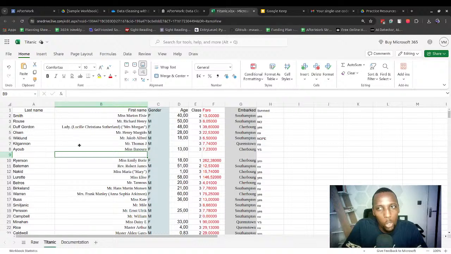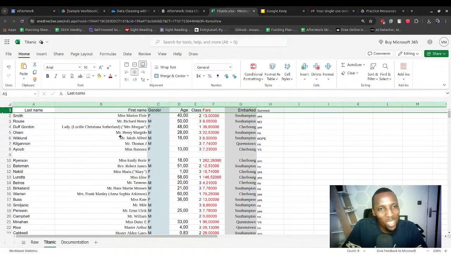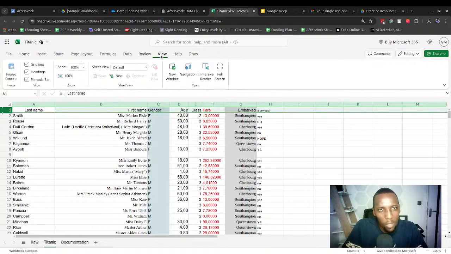What you can do to freeze, you can do so many things, but I think the easiest one is usually to go to view at the very top. So on your menu, click on view to freeze the first record to be a header. Then you say freeze this selection once you've clicked on it, or up to one row,